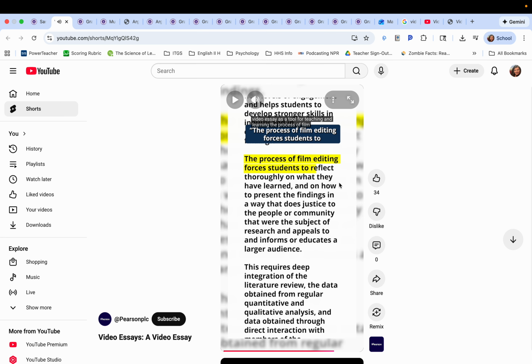Notice here how she pulls specific research, and you can tell this was done on a phone, but I think it's really cool that she's using the highlighting features here. So while she's got all of this text, and I would typically tell you, oh, don't do a whole page of text, the fact that she has all of this text, but it's highlighting what she specifically wants her audience to pay attention to is very useful and engaging to watch.